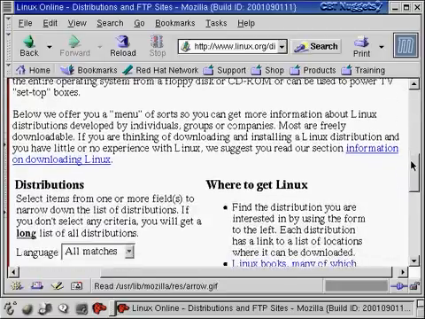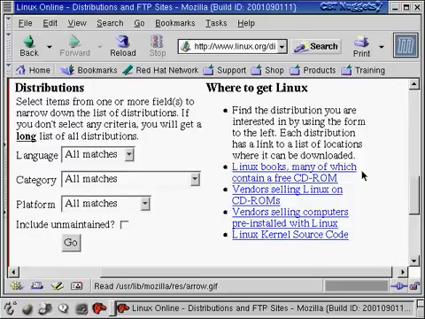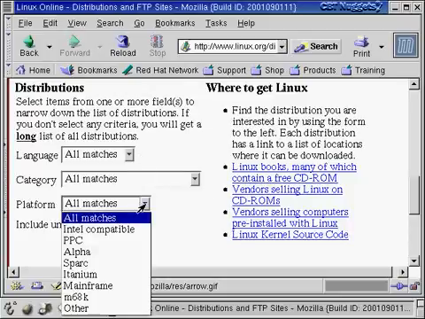You just need to decide which one you're going to use, and this is a good search tool to help you decide, because it's not just based on preference, it's based on technical stuff, like